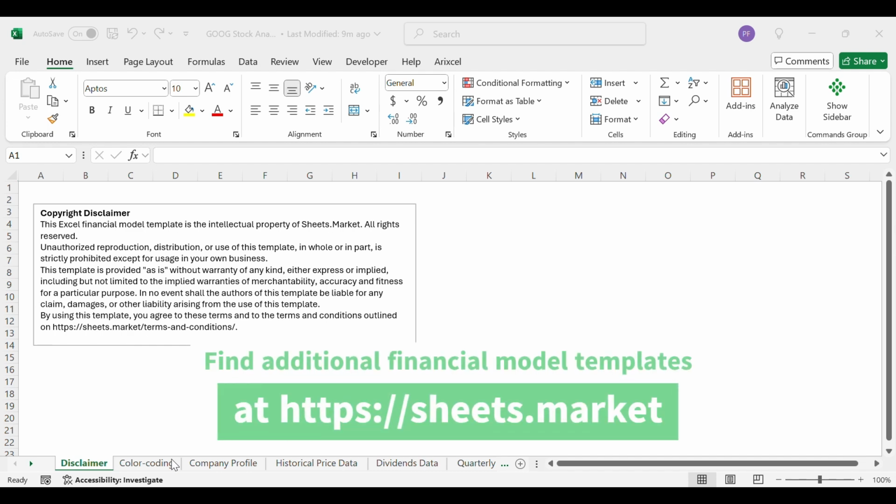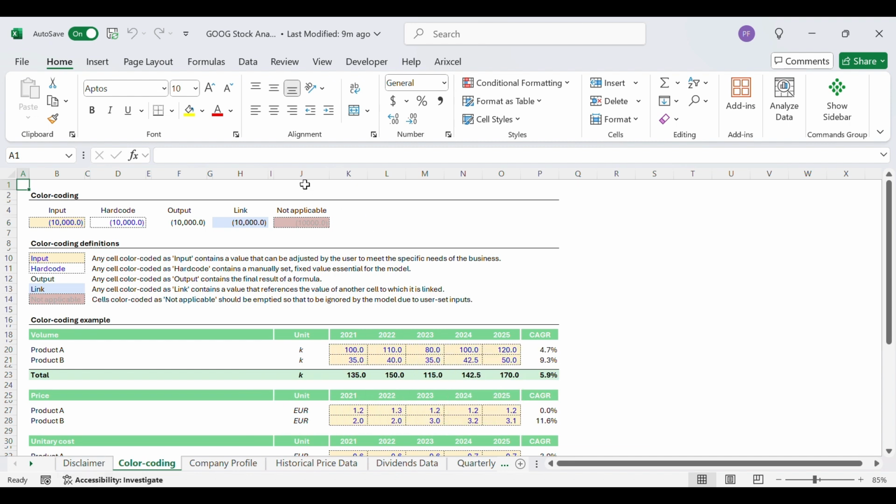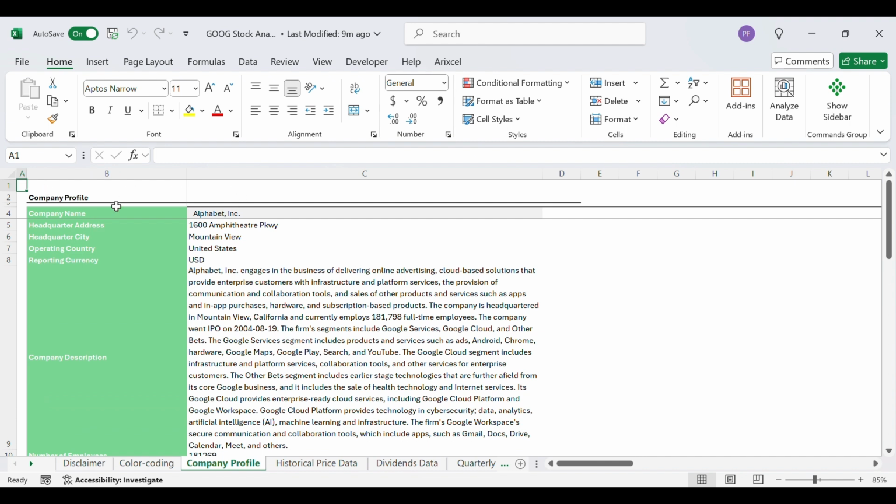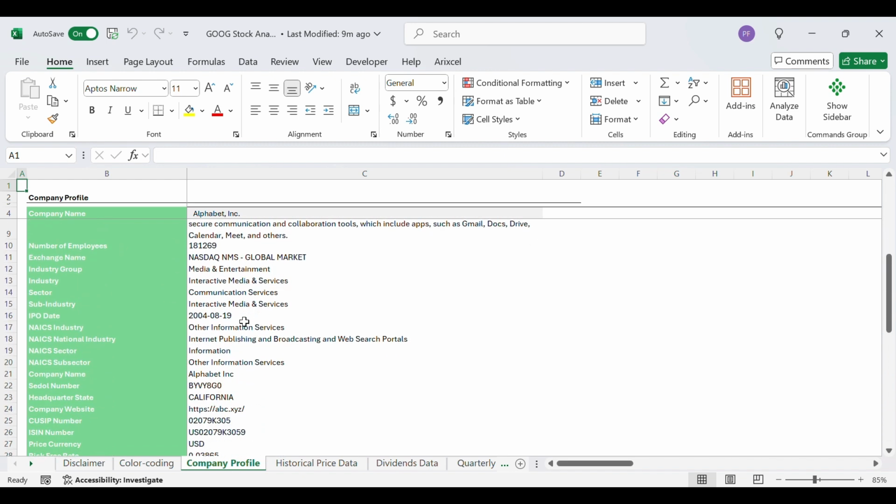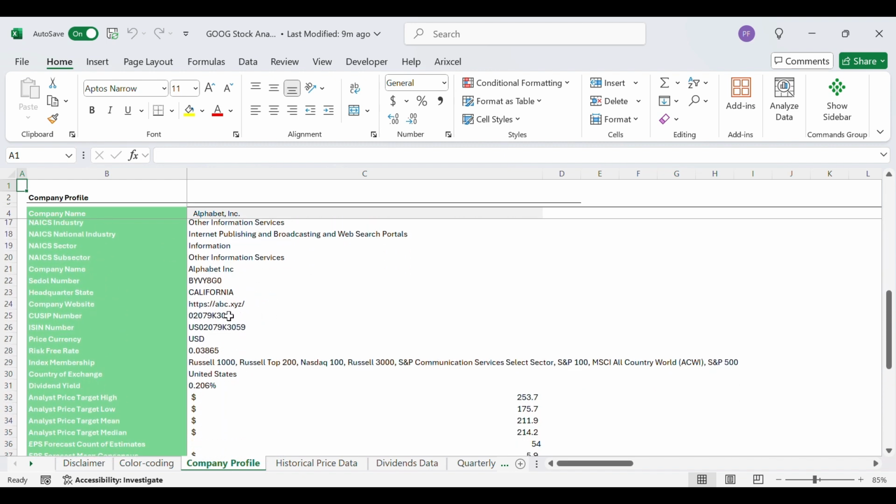So the first tab that you will encounter is a color coding tab, giving you an overview of the type of color code that you can find within the spreadsheet. After that, we have a company profile. So in this example, for the Google stock Alphabet, with basic company profile information like the headquarter address, the city, country, reporting currency, company description, number of employees, the company website,